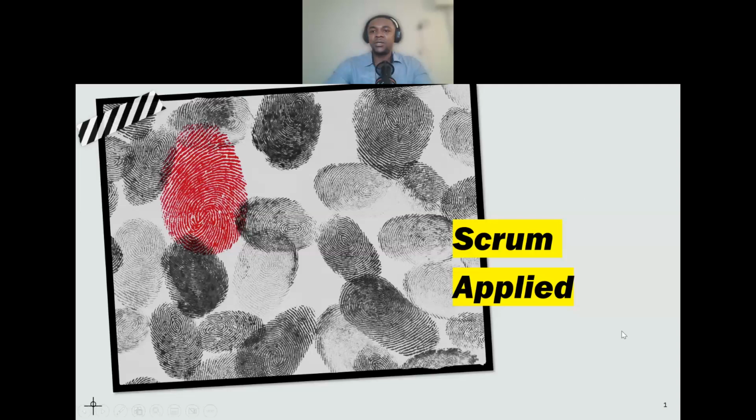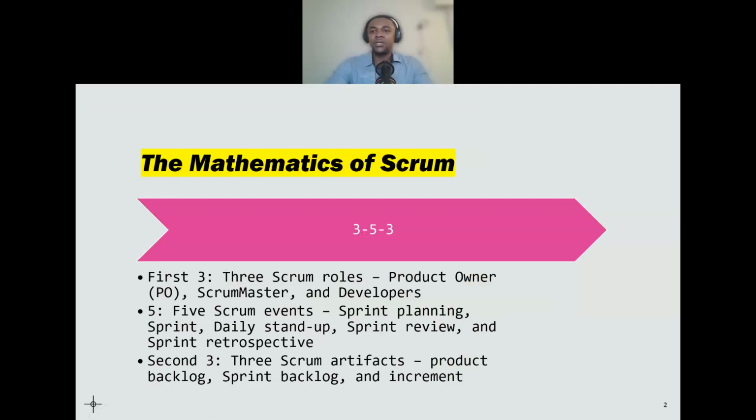All right. So, actually, the easy way to understand Scrum is what I call the mathematics of Scrum. We're not doing 2 times 2 or 3 multiplied by 2 or whatever we do in mathematics. We are trying to look at how Scrum could be very much simplified for everybody, both people in software and people who are in academia or people who are in business, to really understand what Scrum is. So the simple formula for Scrum is